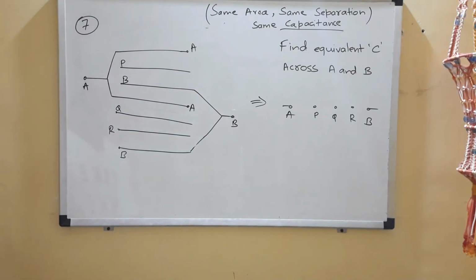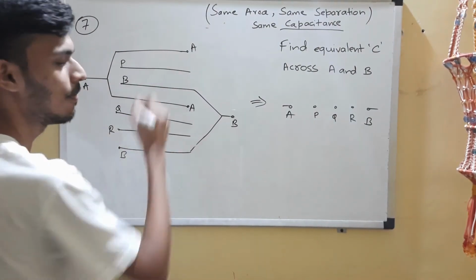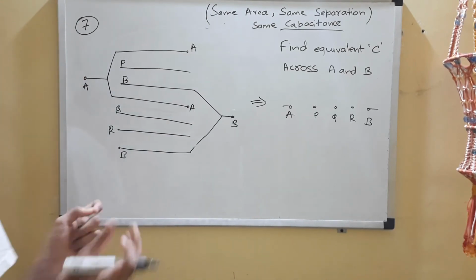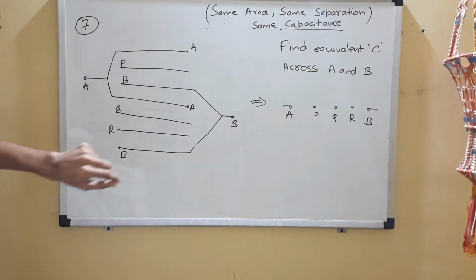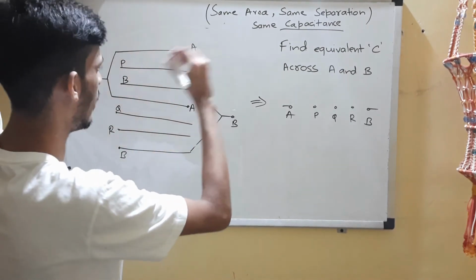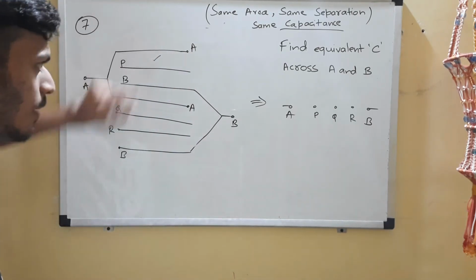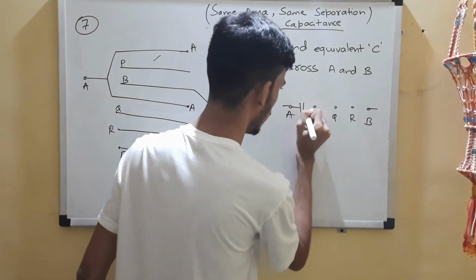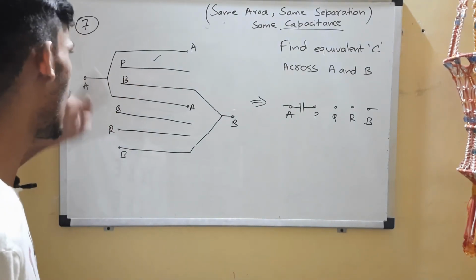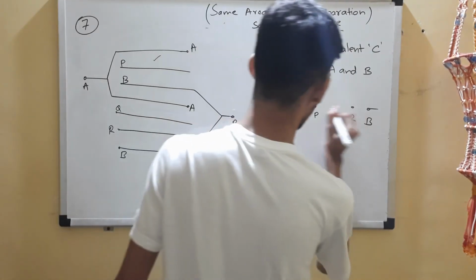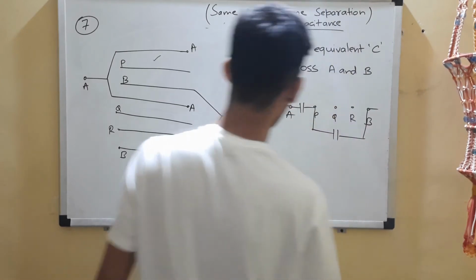Now let's try to solve this. You can see the first two plates. Now step 3 is to choose pairwise, the adjacent couple. So choose these two. Need not necessarily do that every time. You can see that these two plates are between A and P, right? So let's draw it over here. These two plates are between B and P. One is connected to P, one is connected to B. You can draw it this way.